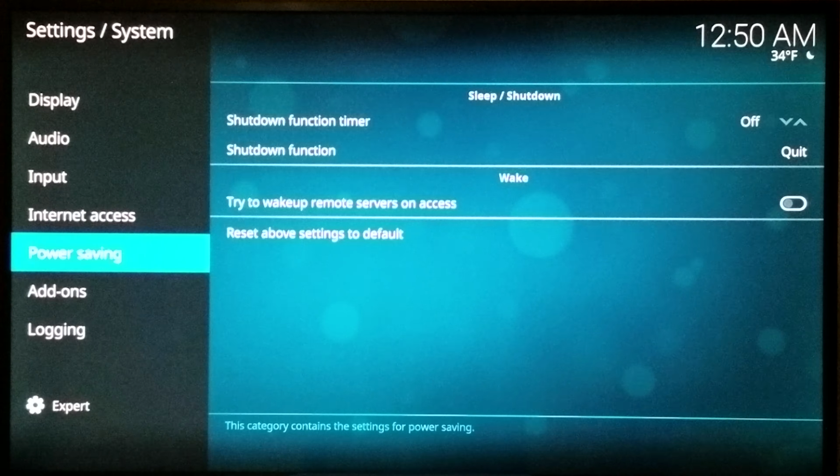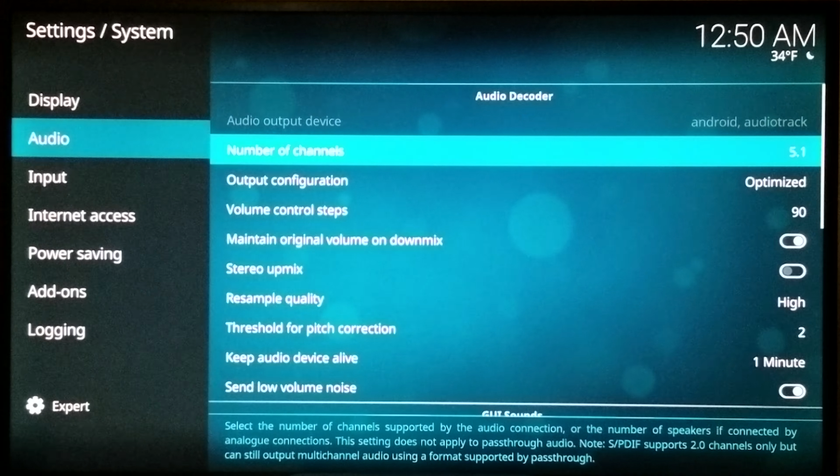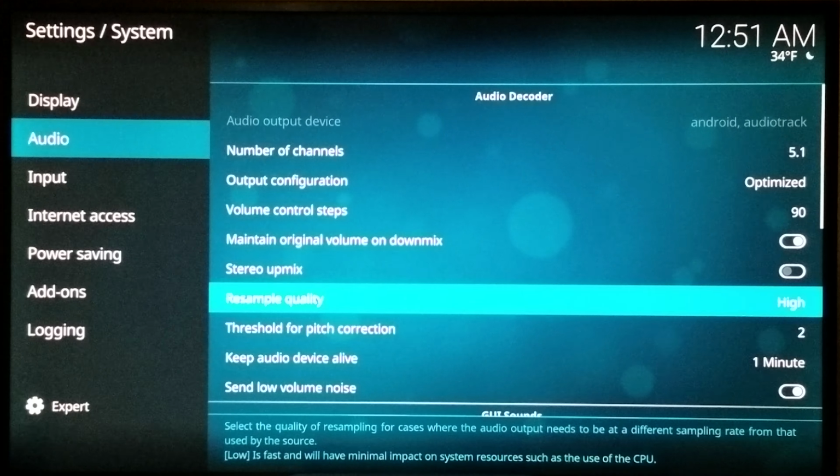All right. So you guys already know I have a surround sound system. So I go into the audio settings and make some adjustments here. By default, this is adjusted to 2.0, and I changed that to 5.1 because I have a 5.1 surround sound system. Okay. Then I scroll down